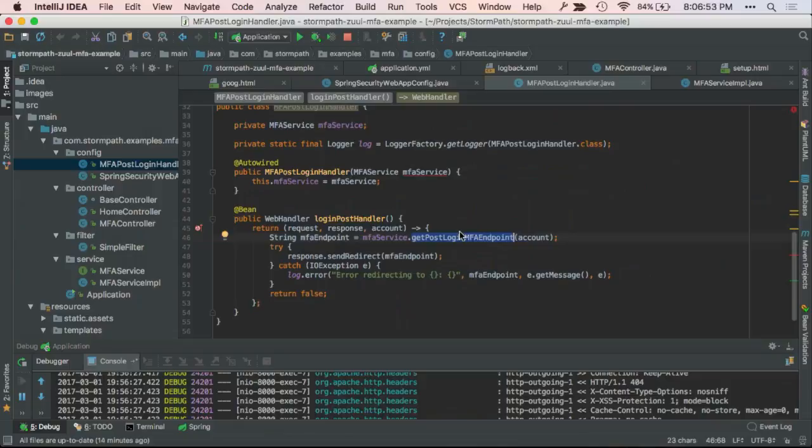It does. Stormpath has another service called ID Site, which is basically a hosted set of views that are customizable. Like the views that you saw in this example, those were coming from Spring Boot or from Zuul.